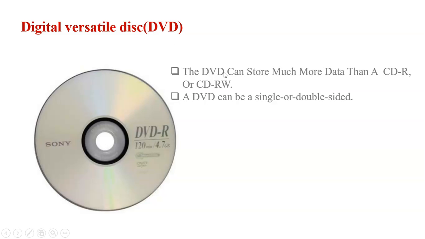So digital versatile disk, that is DVD, is a secondary storage device which has more capacity for storing data than CDs. It is capable of storing 6 times more than a CD. And this DVD can be single or double sided. That means one side can be a reflecting metal or both sides can be coated by the reflecting metal. And this DVD stores movies, films, songs, games, everything because it has much more space in it compared to what? CD. Did you all understand about DVD?